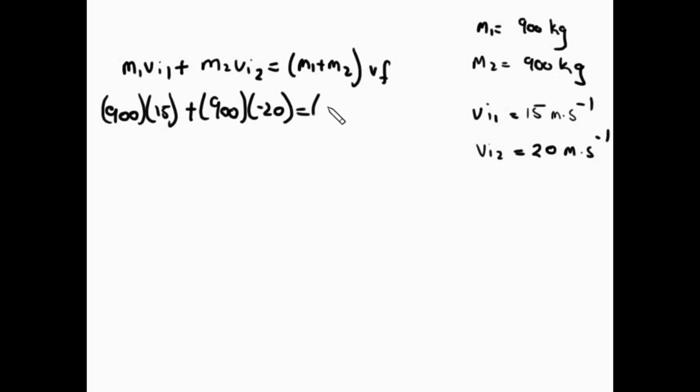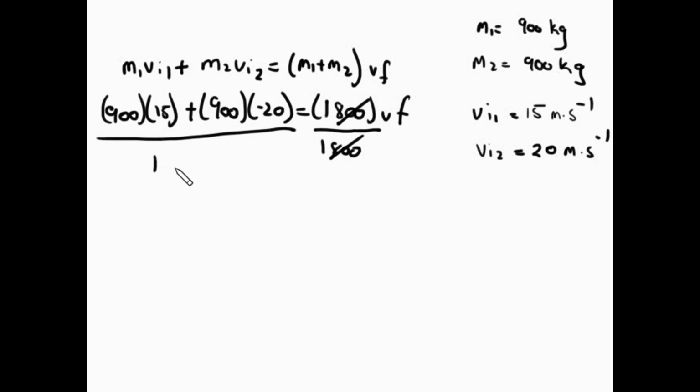This equals 900 plus 900, which is 1,800 VF. Now to get VF on its own, we divide this side by 1,800, and divide the other side also by 1,800. We punch that in on our calculator. Therefore, VF is equal to